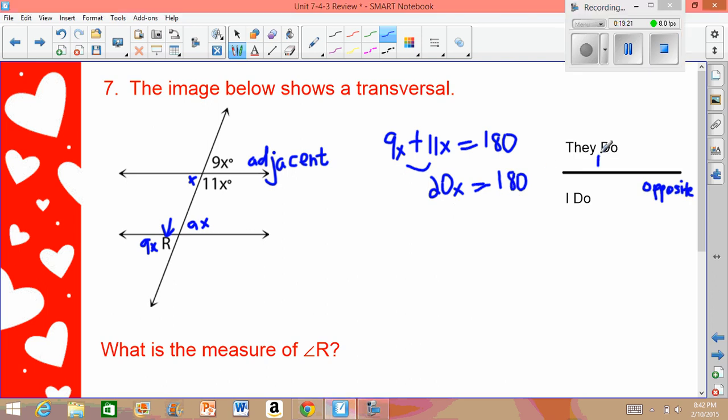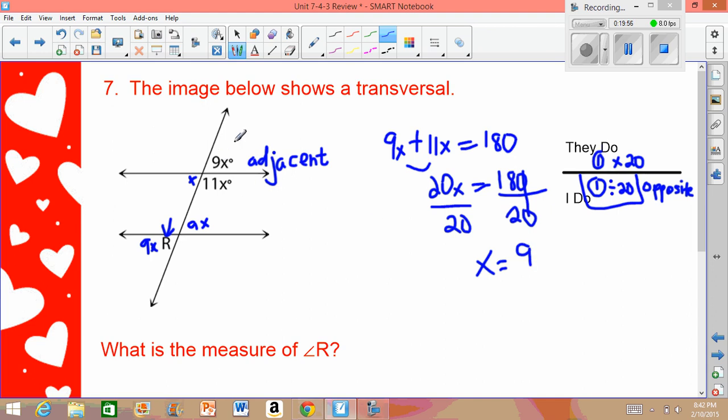So what are they doing to x? The only thing that they do to x is multiply it by 20. So again, one operation. So remember, in the I do, we are going to do the opposite. So the opposite of multiplying by 20 is to divide by 20. This is our work down here. So I'm going to take each side and divide it by 20. So remember, we can kind of cross off those zeros there. So I end up with x equals 18 divided by 2,